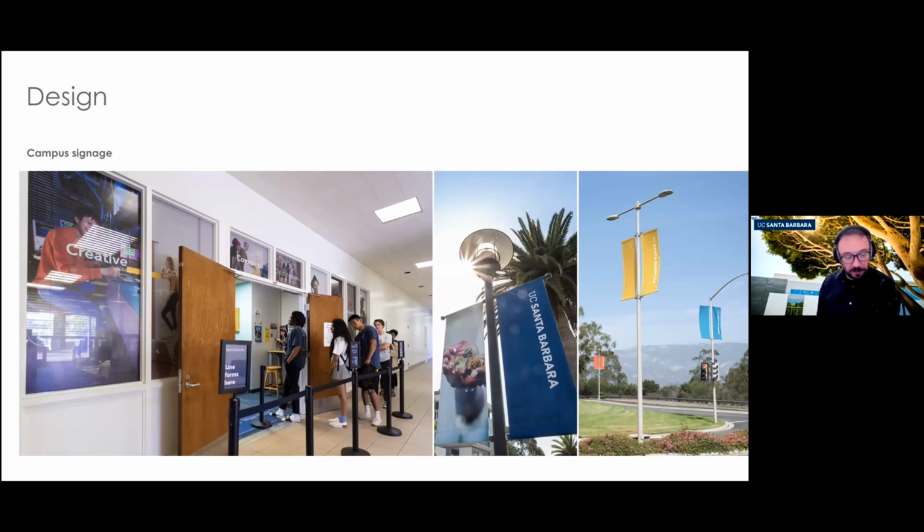We worked with the vendor, and those are printed on perforated nylon, I believe. So there's actually tiny little holes in that, so you can see through it. It lets light through, but when you're up close, you can see the image. So it's kind of the best of both worlds. So those were some fun projects.